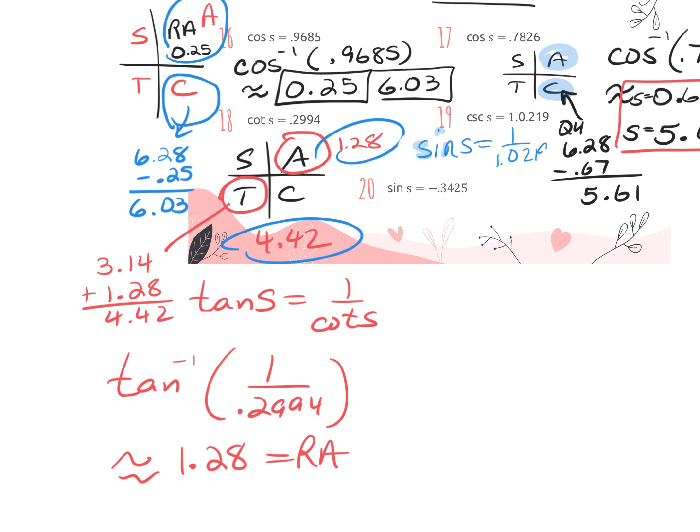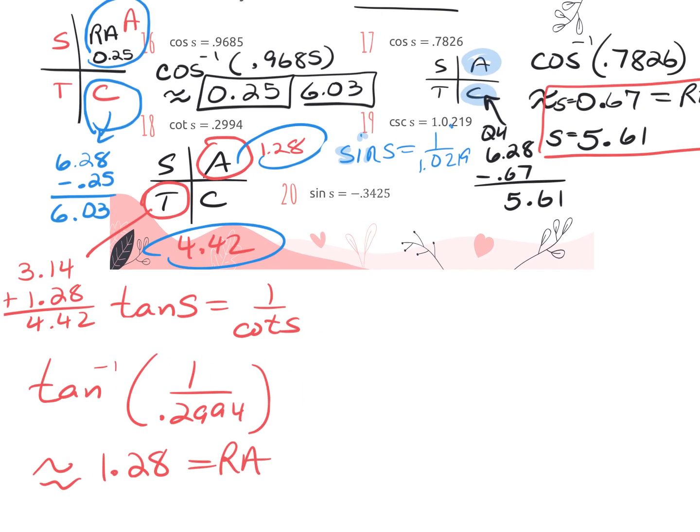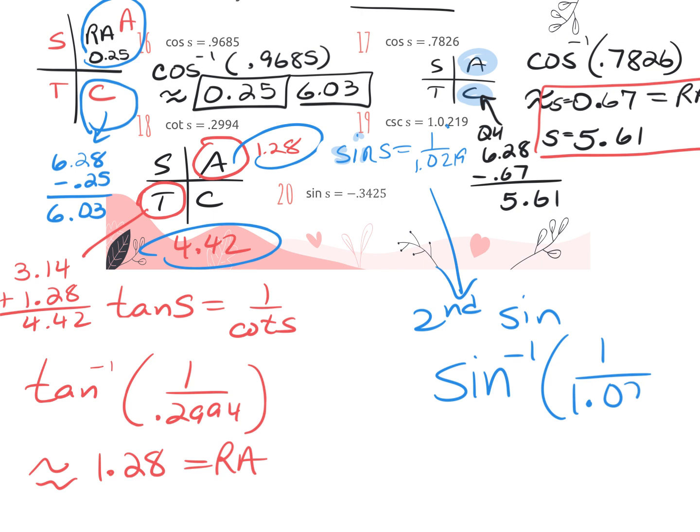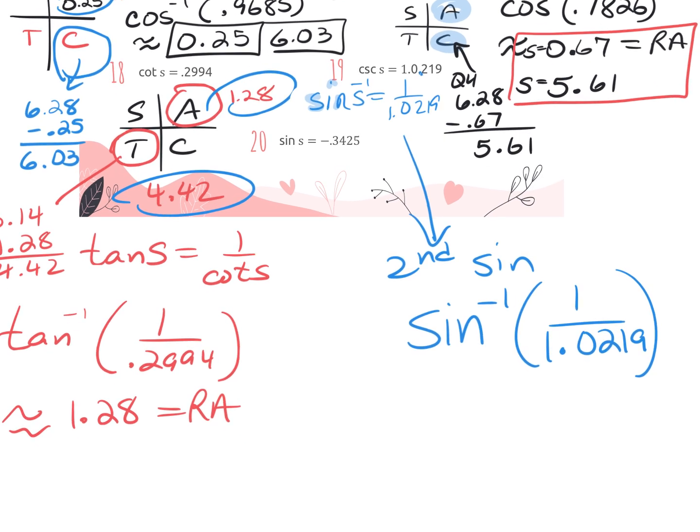Get rid of one of them. It's a typo. I only want the 1.0219. So the way I'm going to do this is second and then sine, so it opens up sine inverse. And then I do 1 divided by 1.0219. And then once I hit enter, I'm going to get